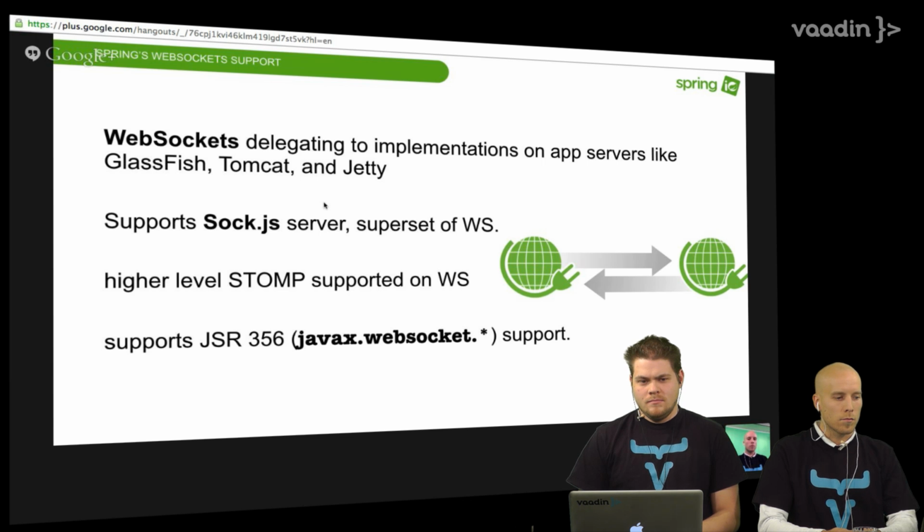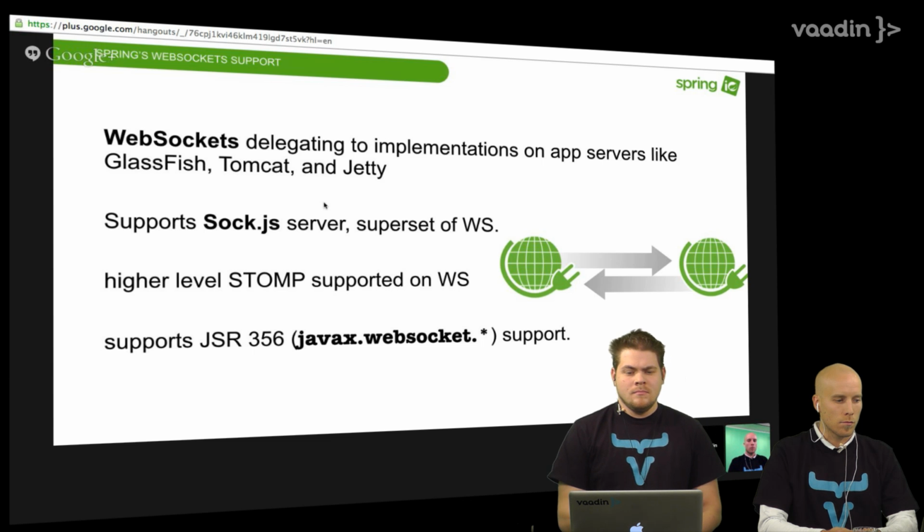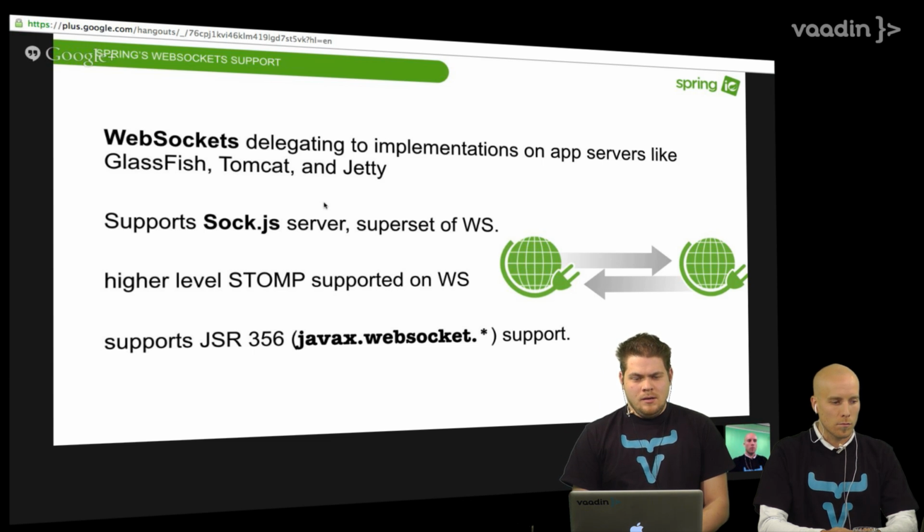Spring 4 includes best-in-breed WebSocket support. So, of course, we build on top of JSR 356 if it's available in some of the few containers that support it. Tomcat 8, notably, will have WebSocket support, and that WebSocket support has been backported to Tomcat 7.0.4 or whatever, 7.4 something. So that's fine if you want to use it. But again,